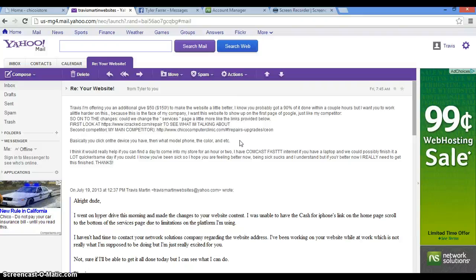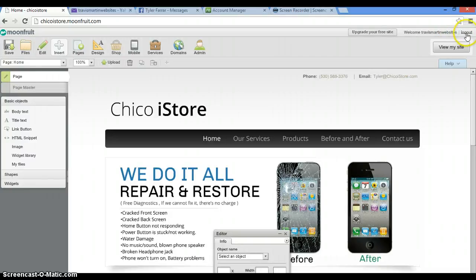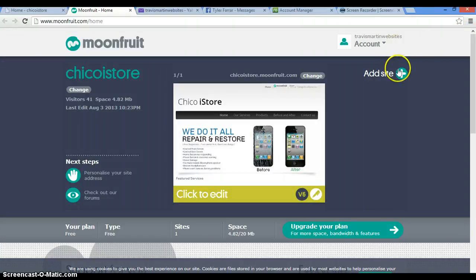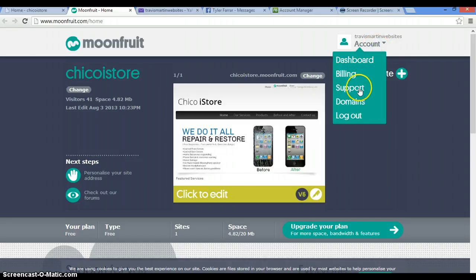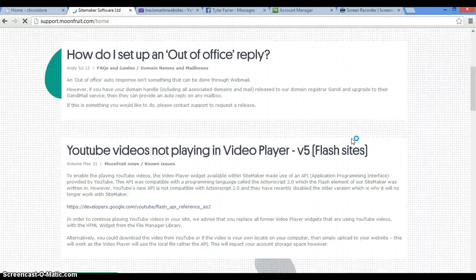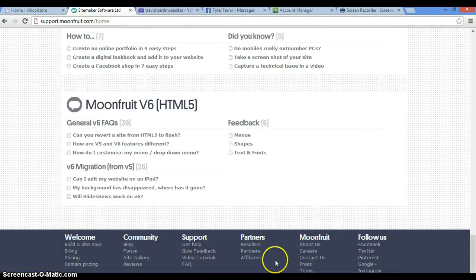So I wanted to give you a walkthrough of the website in case you can edit anything. It's all very, very simple. If you want to, let me show you this real quick. If you click on Moonford up here, top left, the support is very, very nice. So come up here and just go to support. I've called these guys, emailed them multiple times, and they're a really good help. Scroll down to the bottom and go to contact us,